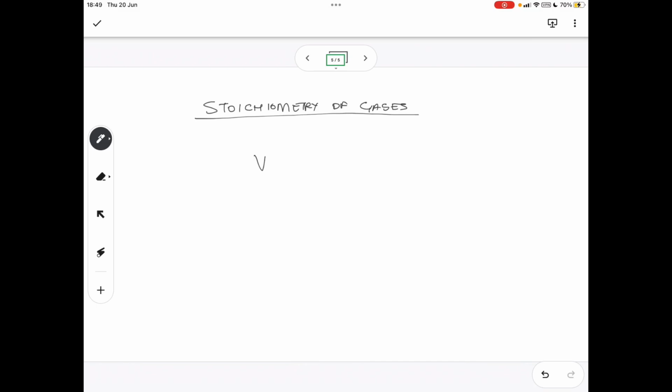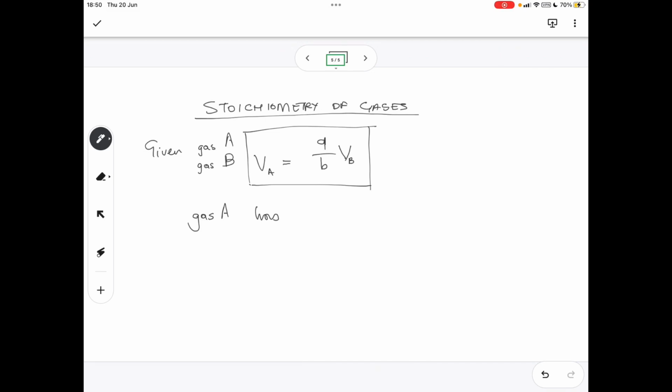So now if we have two gases, gas A and gas B, the volume of gas A will equal the stoichiometric coefficient of gas A divided by the stoichiometric coefficient of gas B, and you multiply that fraction by the volume of gas B. So gas A has a stoichiometric coefficient,